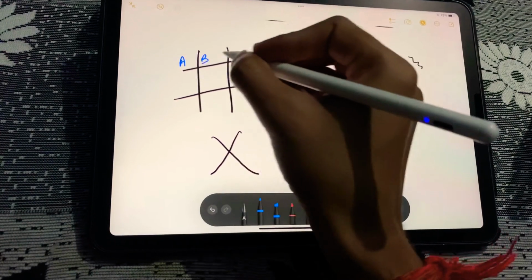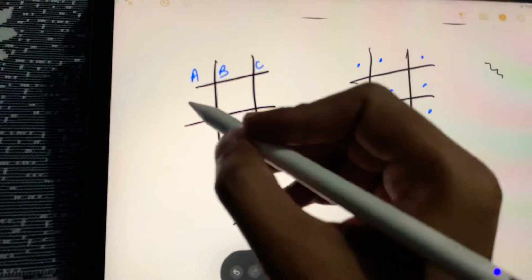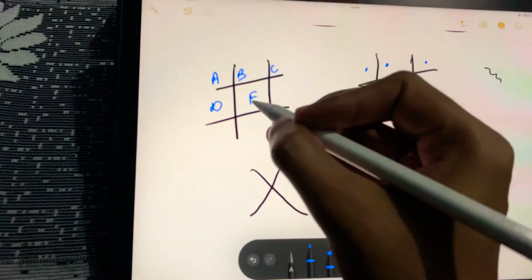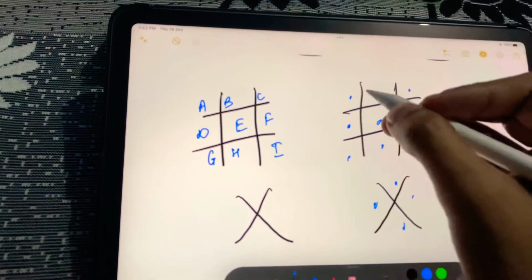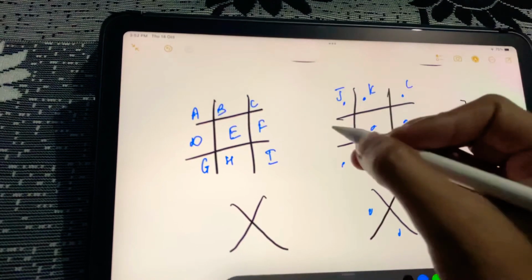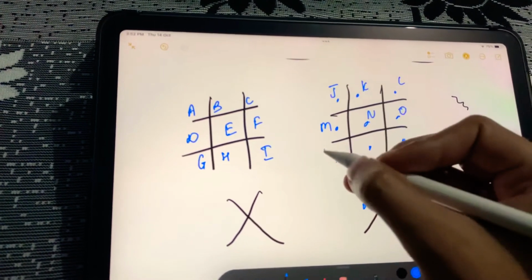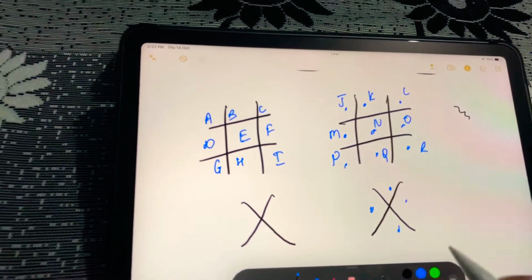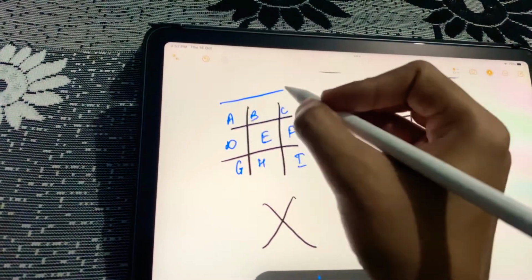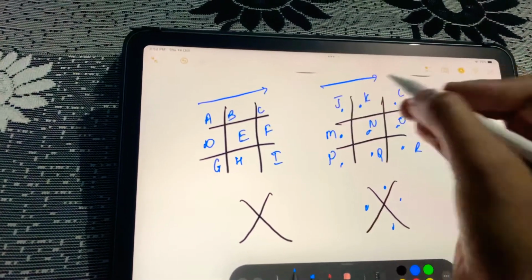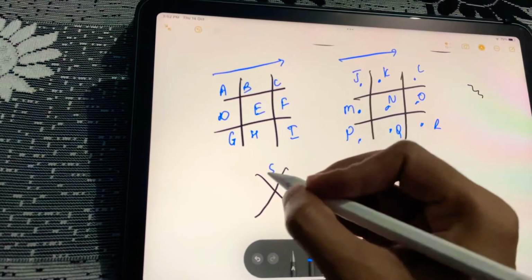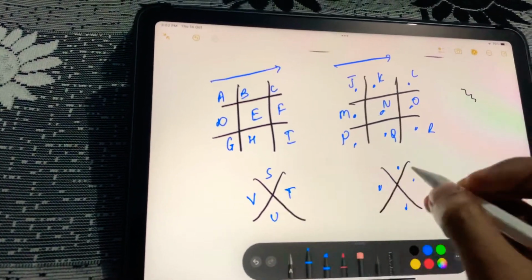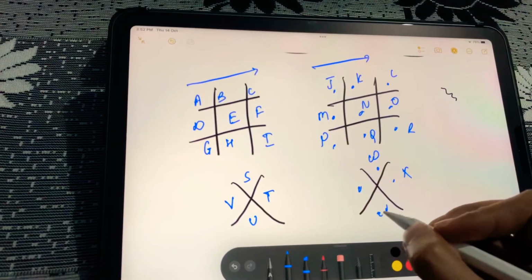Suppose that's A, B, C and D, E, F, G, H, I, J, K, L, M, N, O, P, Q, R. Always remember, we write in this direction. Then R, S, T, U, V, W, X, Y, Z.